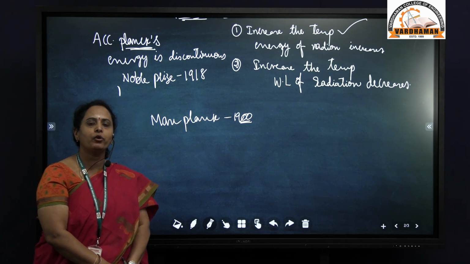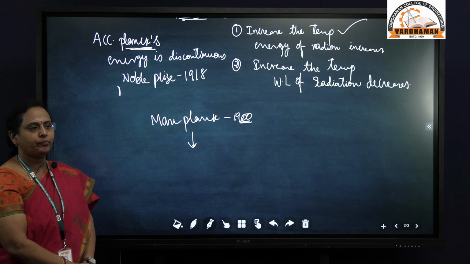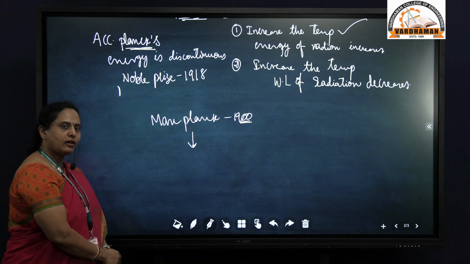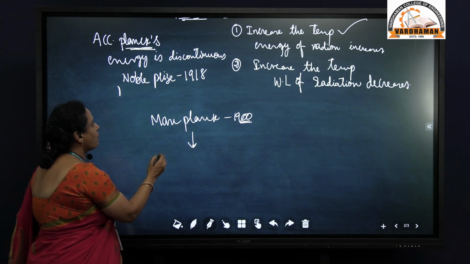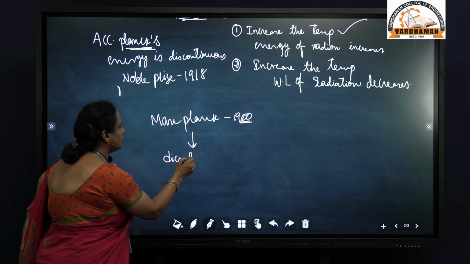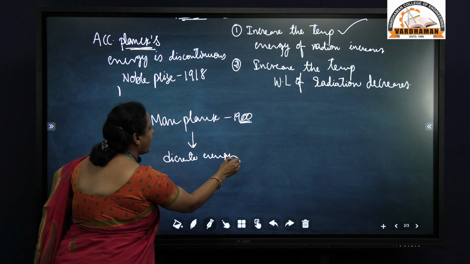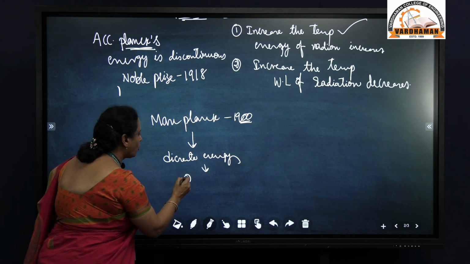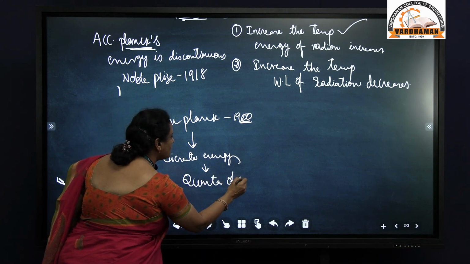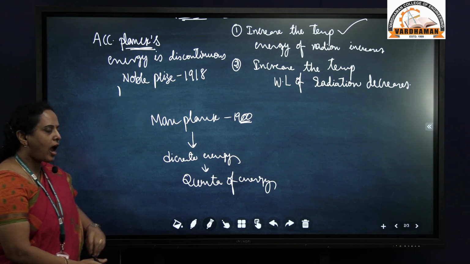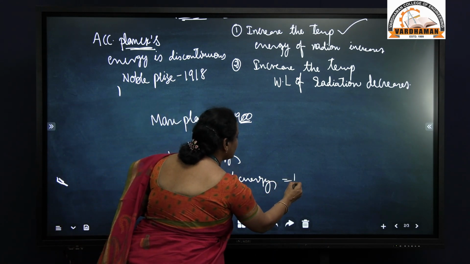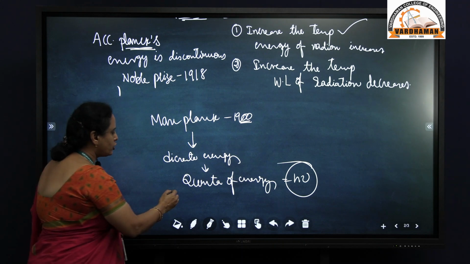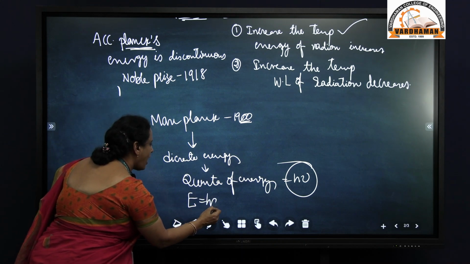Because classical mechanics failed to explain this, Max Planck said that energy is not released continuously. Rather, he said the energy is released in the form of discrete energy, and this discrete energy he called quanta of energy. One quanta of energy, he said, is h nu, and he gave the famous equation